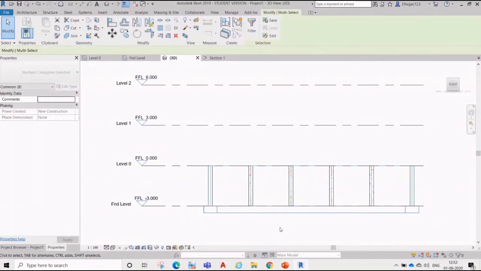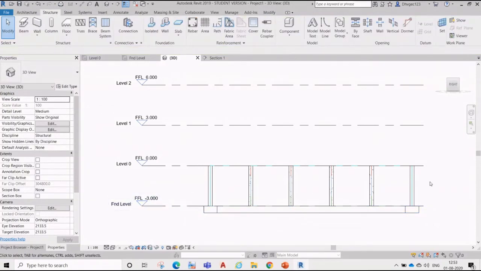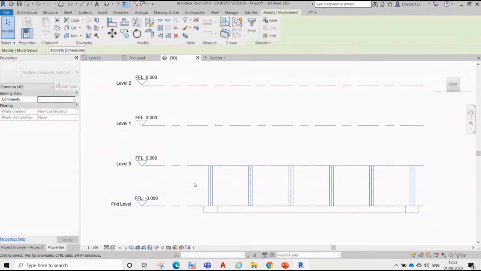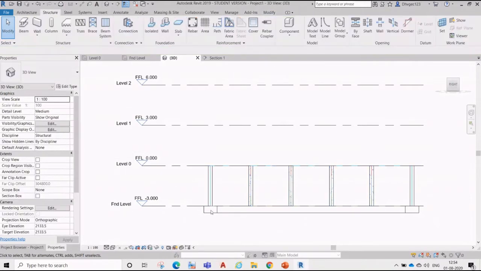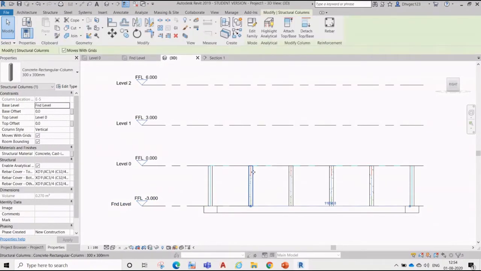Downside the foundations. That's why we assign columns and walls to the floors. If I put this 2 meter or 3 meter from the foundation level, then it will not automatically stretch if we change something.